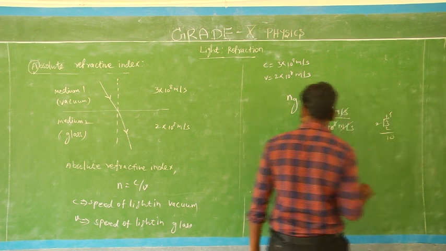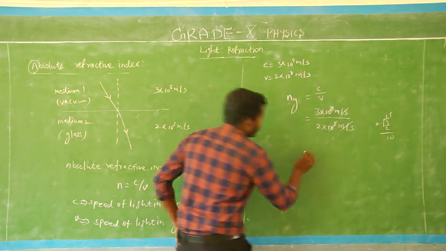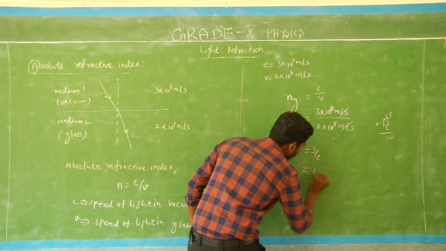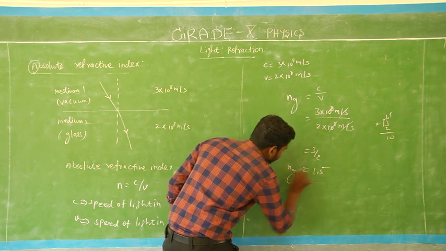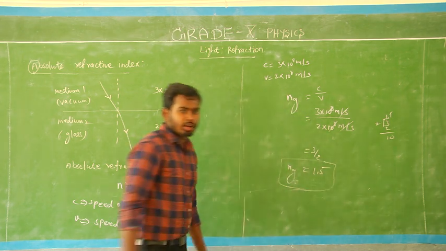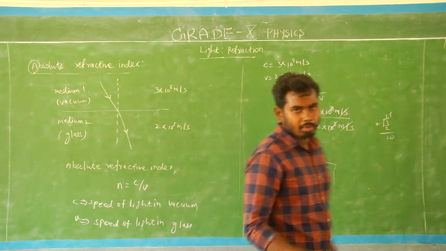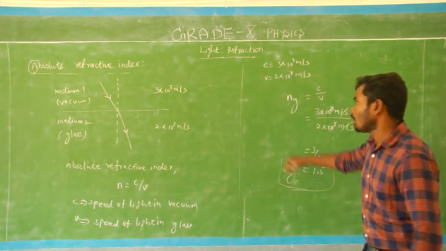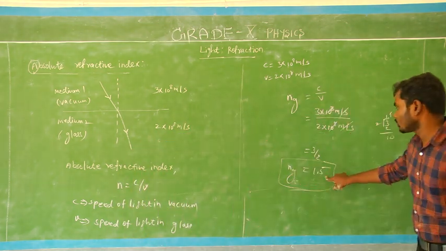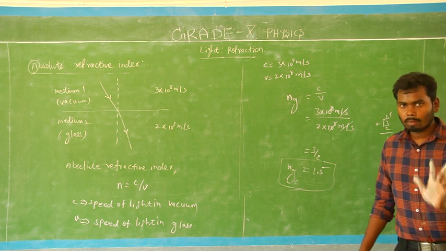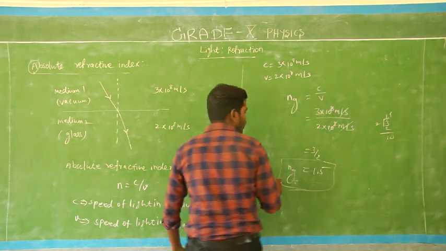Yes, sorry, this is the right side. So this is 3 by 2, which is equal to 1.5. So the refractive index of glass, sorry, small mistake, the refractive index of glass with respect to air. What is that? How much? This is 1.5. So here, this refractive index value,